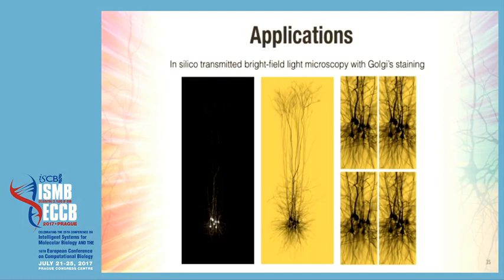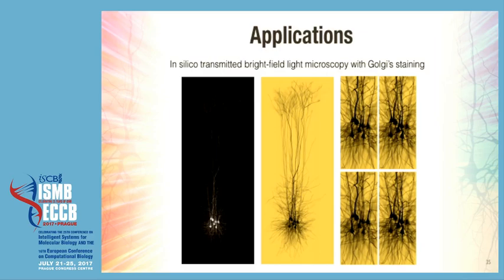So, trying then to use this workflow to do some in silico experiments, we have applied the reconstructed model for simulating 3 different kinds of microscope. This is a simulation of the bright field-like microscope with Golgi staining. I don't know how many of you would be aware of that. But as you can see here, this image resembles the bright field microscopy image we can see in vitro with the Golgi stain, and the image has been generated on a physically plausible basis using a physically